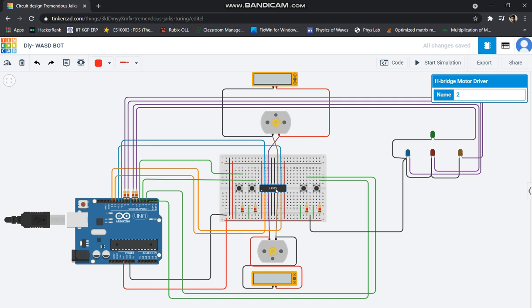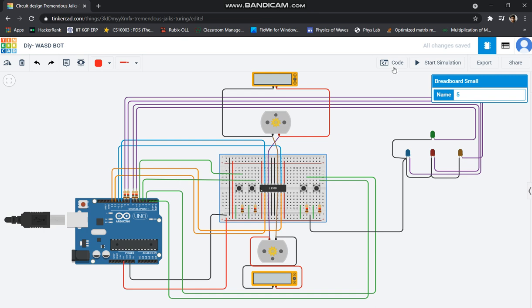The L293D is a motor driver which is used to run one or even more than one motor. Here we are powering the L293D using this red and black wire, where black is the ground, and then we are using the blue and orange wires to give input to the L293D. Depending upon input, the L293D will power the motors, which is these two wires and these two wires. Depending upon the current sent by the L293D, the motor can have varying speed and direction. Here we are either running the motor at max speed or 0. We are just using the L293D to change the directions.